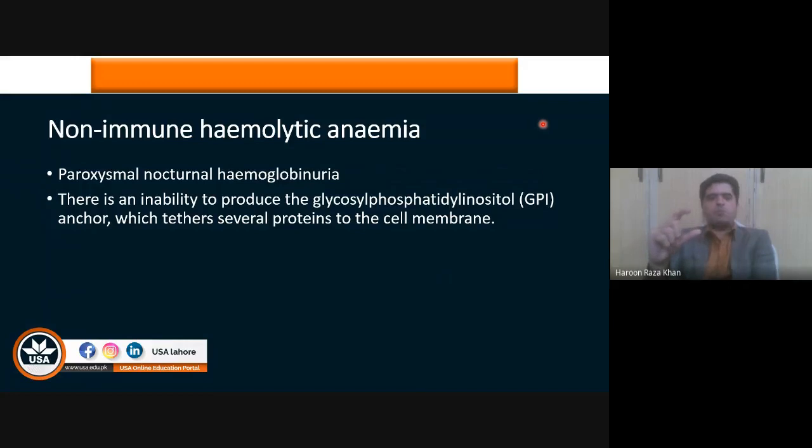Finally, I would like to tell you about another small type of anemia which is associated with these types: a non-immune type of hemolytic anemia, which is the mechanical type of hemolytic anemia. For example, red cells being injured due to some physical trauma, for example due to prosthetic heart valve damage, some microangiopathic